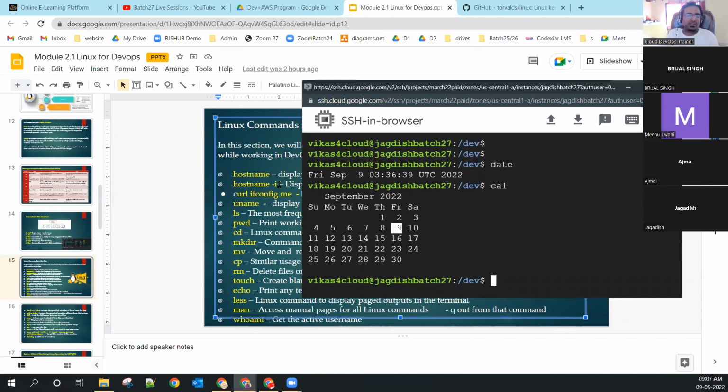Every day, learn 10 Linux commands and you will be at an advanced level in Linux. 50 commands are enough for our Linux learning. Are you able to learn 5 commands every day? Is that possible? Yes, definitely. Then in 5 days, you will be good in Linux. Trust me. If you remember 10 commands every day for the next 5 days, 50 commands, you will be an advanced or expert level user in Linux. Don't think Linux is tough. It's tough only because we don't know the commands. If we know the commands, it will be very similar to Windows as well. Okay, cool.